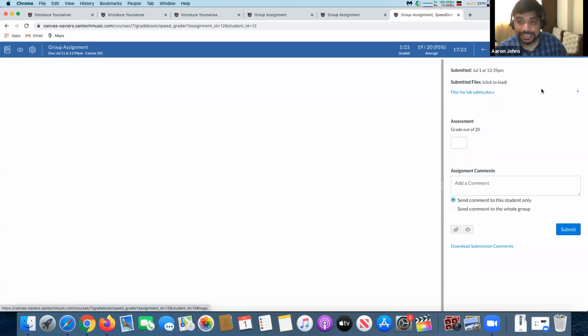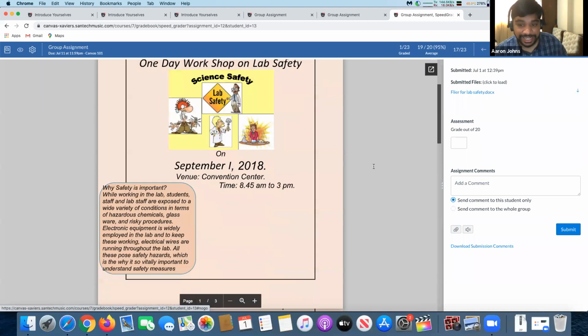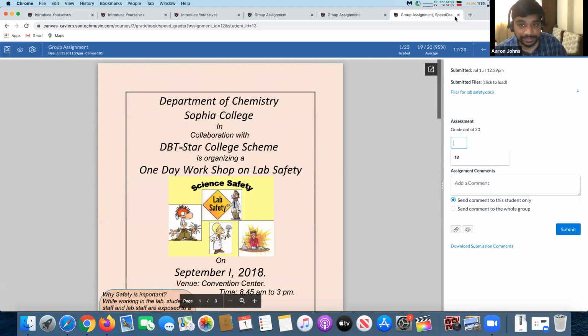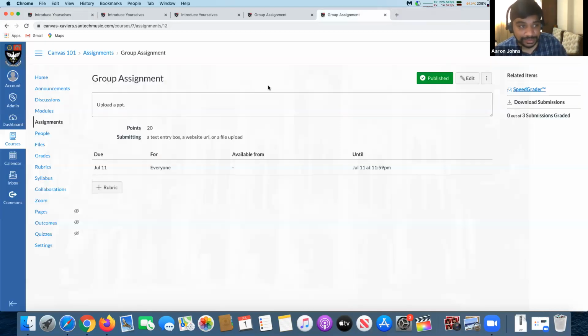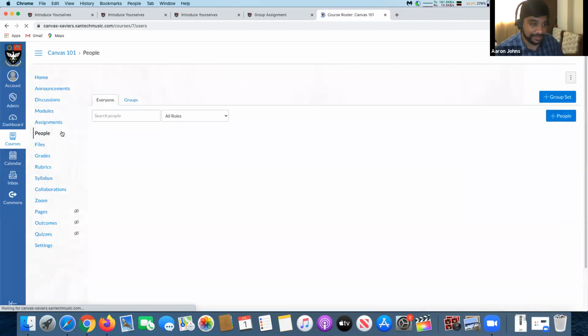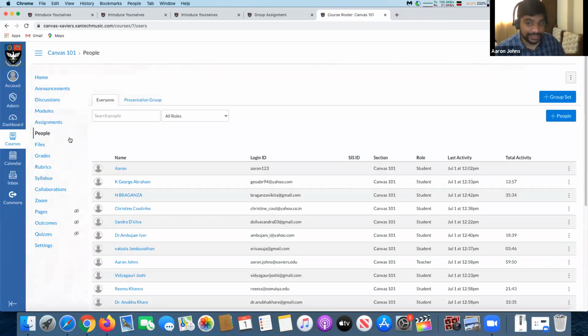So in this way, I'm just saying you can do so many things with Canvas. So you have the grader over here, then you can write comments, you have assessments, so many things over here. Then people who did not submit assignments also, you can send them messages. That is also a possibility. You can message them actually.